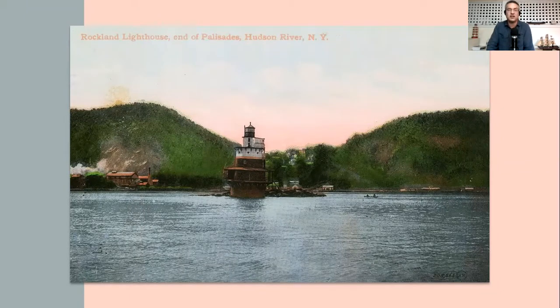Unfortunately, they built it on an oyster bed, which proved to be an unstable foundation. The riprap kept washing away, and the tower was soon nicknamed the Leaning Tower of Rockland. By 1923, it was leaning so badly that the government removed it and replaced it with a much smaller automated light. Now, the oldest lighthouse still in operation in the United States